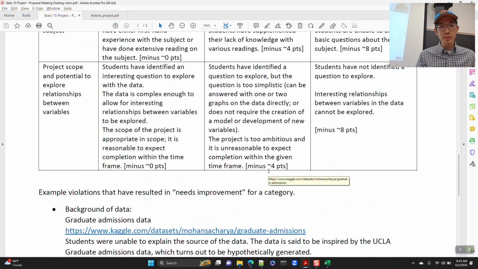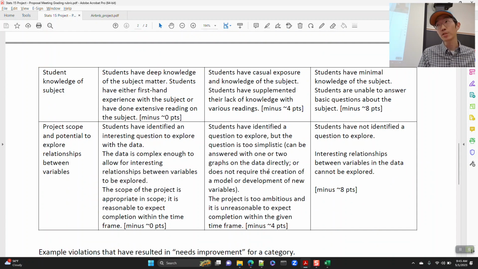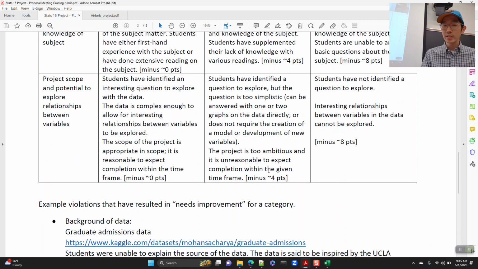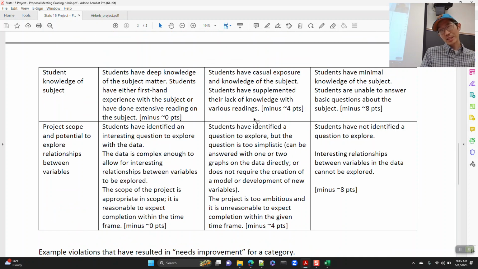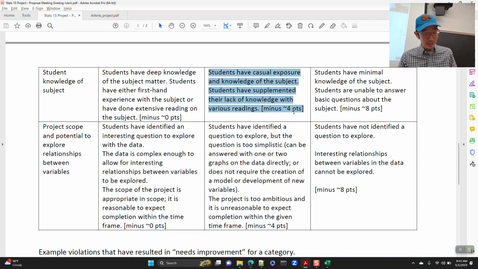All right, student knowledge of the subject. You should know something about the subject. Usually, this is not too much of an issue. Students have found housing data sets for different cities, and usually I will deduct some points. So it'll be like, we found this housing data set for New York City or something, and I said, do any of you live in New York City? Maybe someone will have relatives or know somebody, and usually I'll take off some points because you should be at least familiar with the different neighborhoods, right? Like if you told me you're looking for apartments in LA, and you say, well, where are you looking?